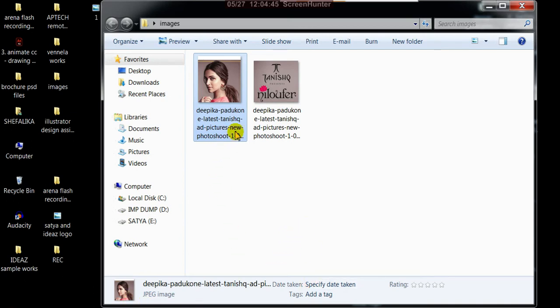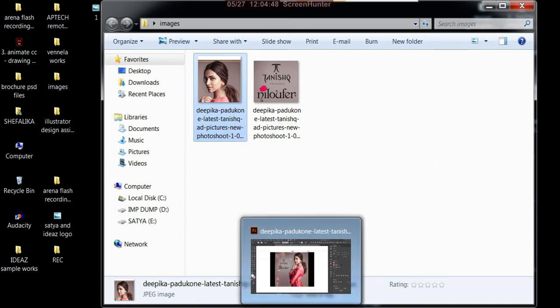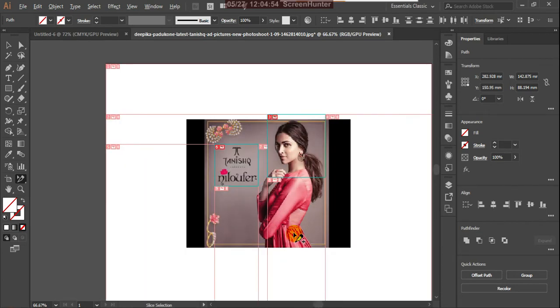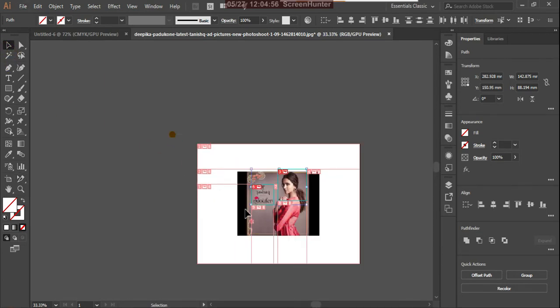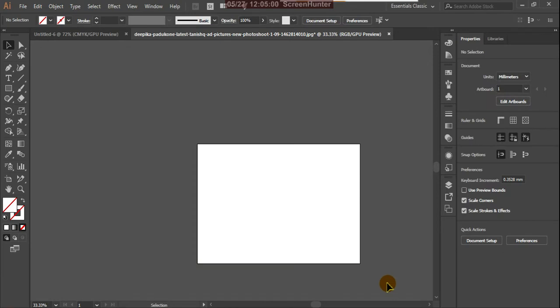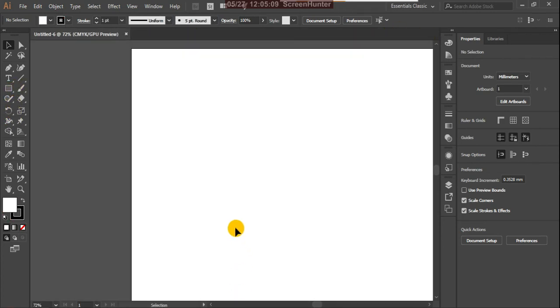Okay, that is purely related to web design. It's not coming into our area. So anyway, you can remove them. Select this and remove them. Okay, and clear that.